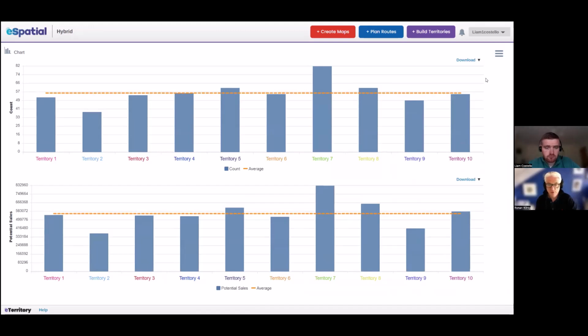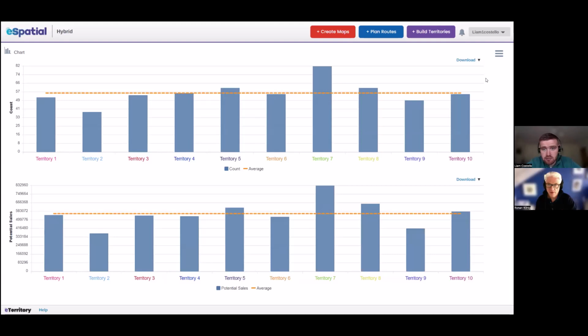Now, you and I both know that there can be reasons for that, but this to me looks like there are obvious areas where you might want to make some tweaks. We can see right here that some realignments probably would have to take place.